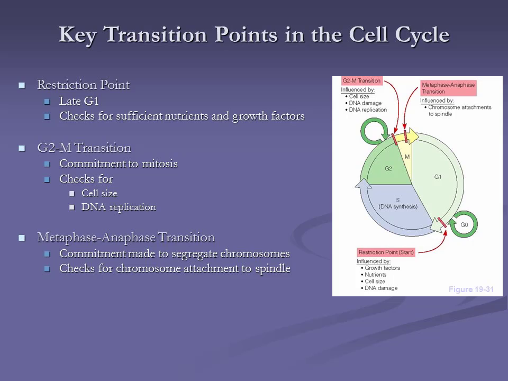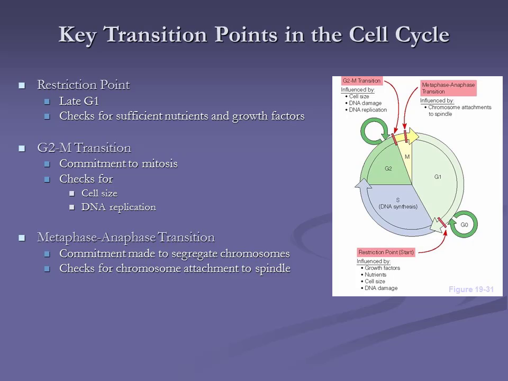they're like, okay, do we have enough organelles? Are we large enough in size? Has our DNA been damaged at all? It's kind of like the checklist at NASA before they launch a new rocket. And if everything checks out, then the cell is allowed to move into the S phase. It undergoes DNA replication, forming our sister chromatids. We move into G2, and in G2 we're preparing for mitosis. But before we move